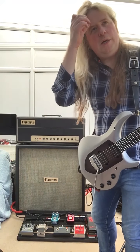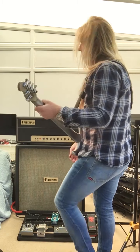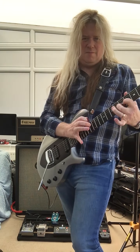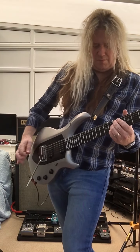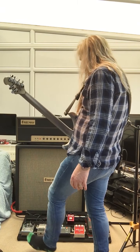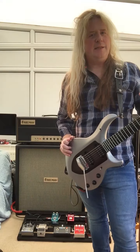If I want even more, and a bit more fluidity, the Tube Screamer on top of that. And even more, hit the delay, and as I will explain, with the way I see delay is